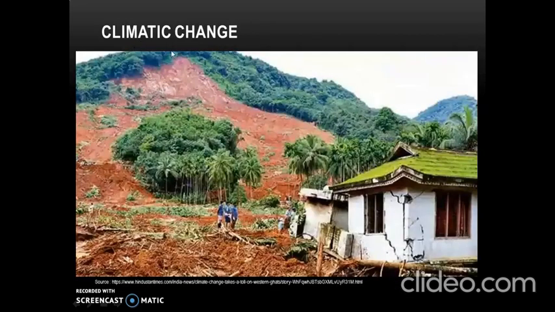And even due to climatic change, there will be settlement of the soil mass. Maybe during monsoon season or rainy season, there will be an increase in the water content of the soil, due to which there may be settlement of a certain portion of the soil mass. And here we can see cracks which are observed due to settlement of the soil mass and further settlement of the structure constructed over it.